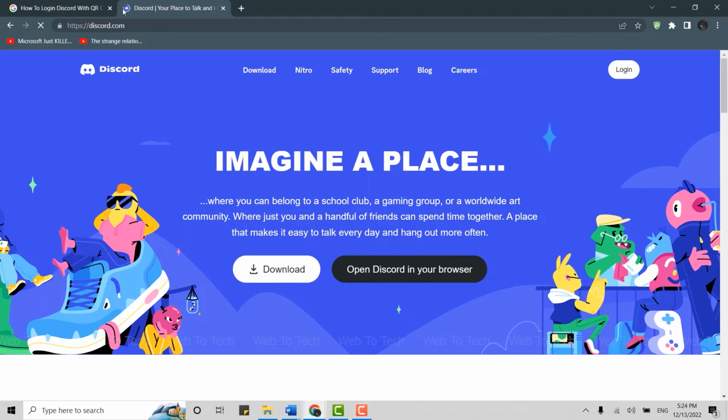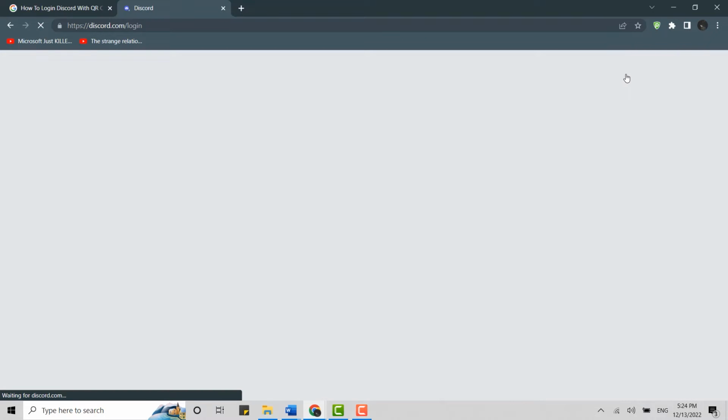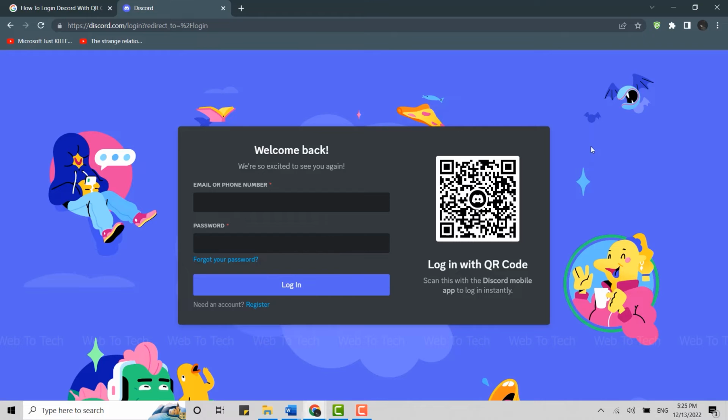Once you open the official web page, you need to tap on login over here at the right side. Click that. This will open the Discord login page on the web browser. So the only way you can log in into the Discord with QR is in web browser. In phone, you will need to get logged in by providing the actual details, that is email, phone number and